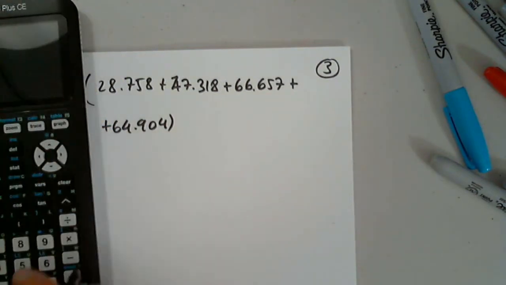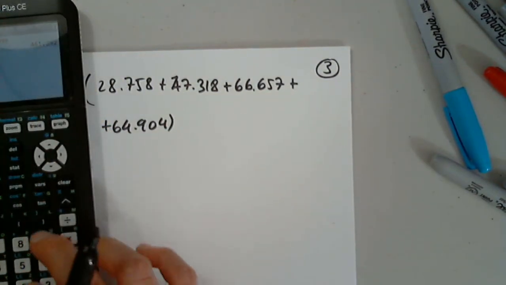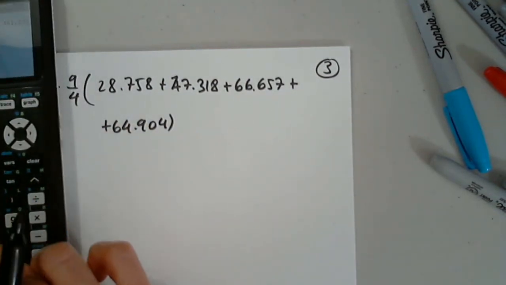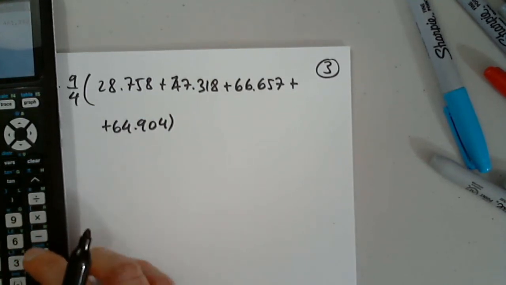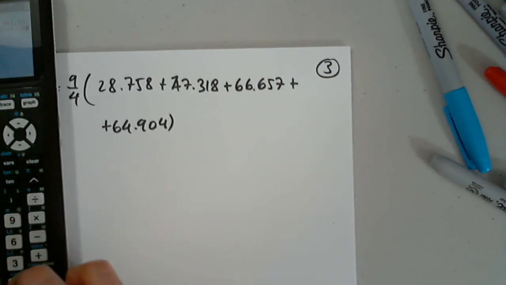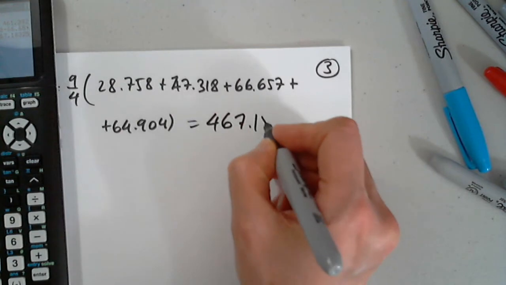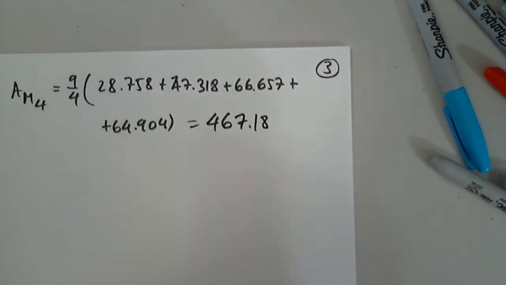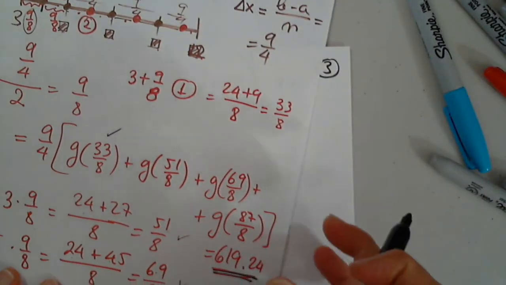So in parentheses in front, 9 divided by 4, open another parenthesis, and I add these. So 28.758 plus 47.318 plus 66.657 plus 64.904. Close and close. And this is 467.18. So somehow I had an error in maybe entering the lists or something. So this has to be corrected